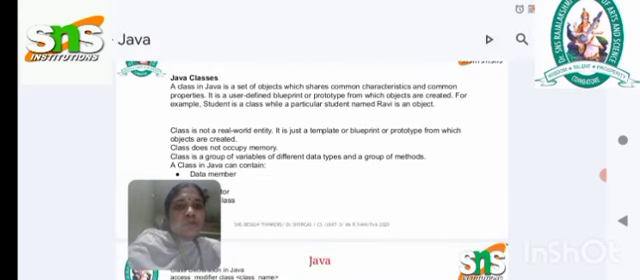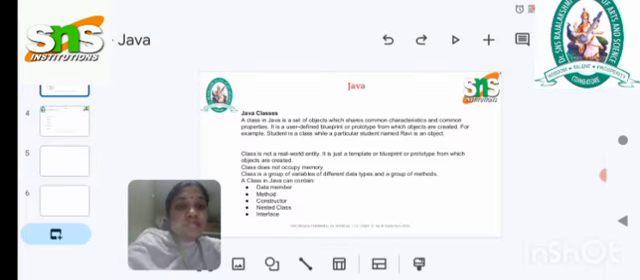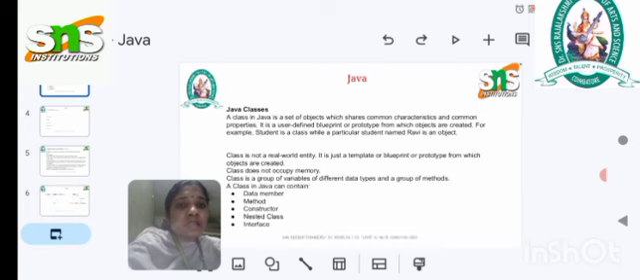Here, what are Java classes? What is a Java class? A class in Java is a set of objects which have common characteristics and common properties. It is a user-defined prototype or a blueprint that can be created. For example,